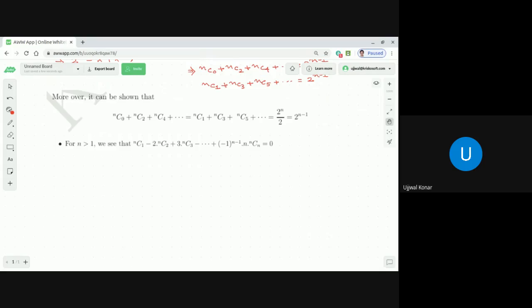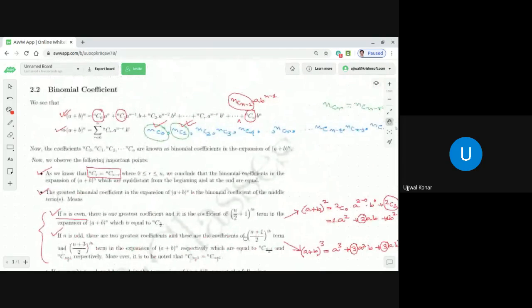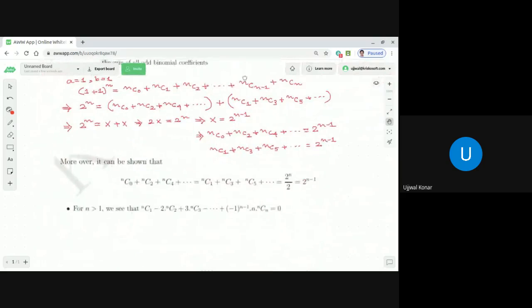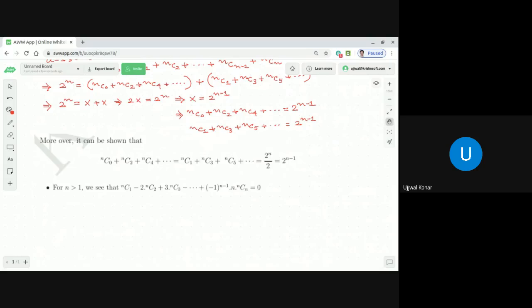Now, dear students, we are going to discuss a very important point, and that is mainly important for JEE Main and Advanced. But before we leave this particular topic of the binomial coefficients, let me tell you that nC0 plus nC2 plus nC4 is equal to nC1 plus nC3 plus nC5 and so on is equal to 2 to the power n minus 1. It is a very important observation which you need to apply in several problems henceforth. That is number one. And number two is that